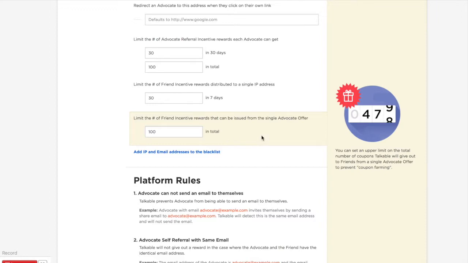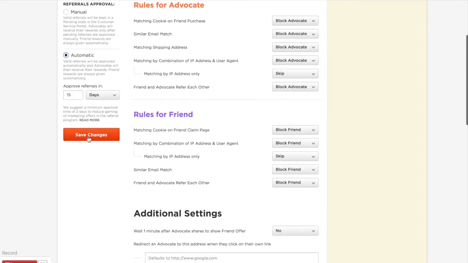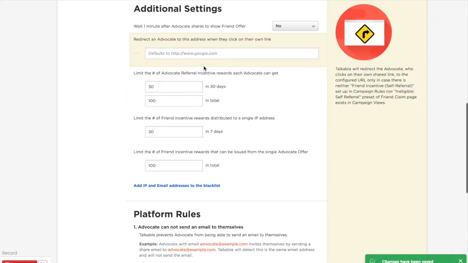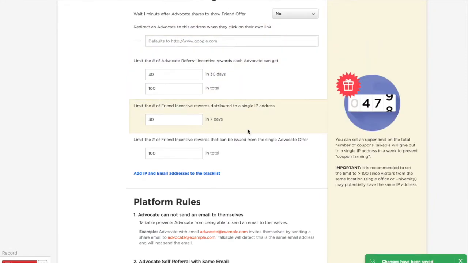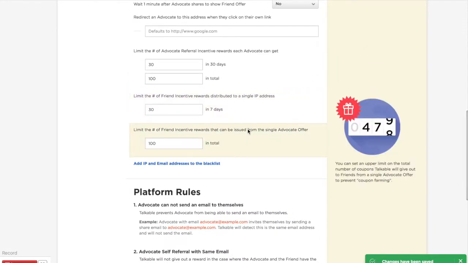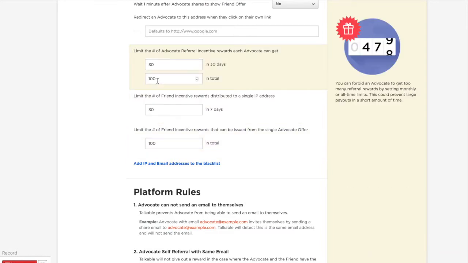And again, as I mentioned previously, all of these can be changed in an instant. All you'll have to do is go back to this page, update the number, and the changes will be saved and reflected in your account instantly. So let's say you have somebody who reached the limit of 100 and you come back in here and you're like, I want to increase it. That will mean that going forward, they'll get new rewards. It won't